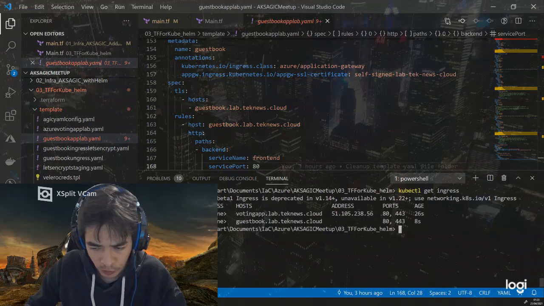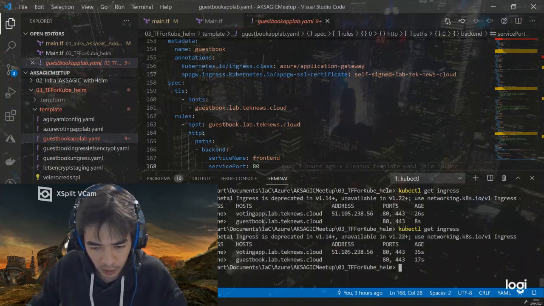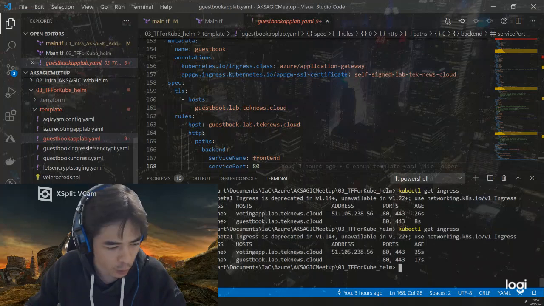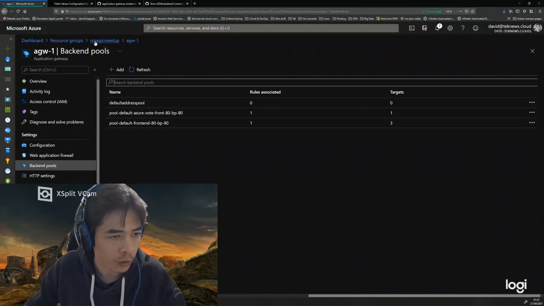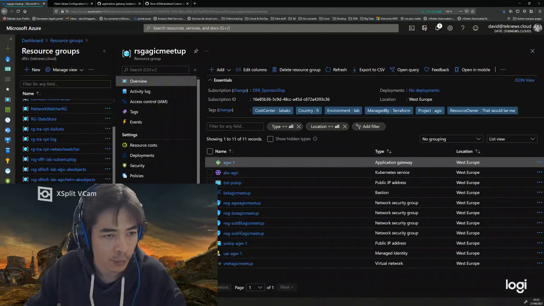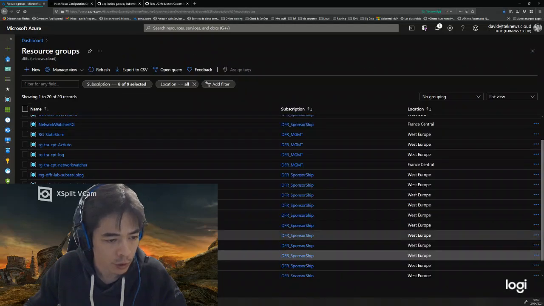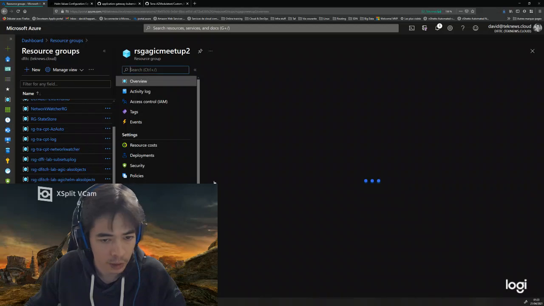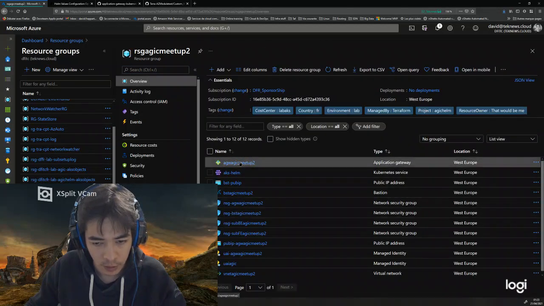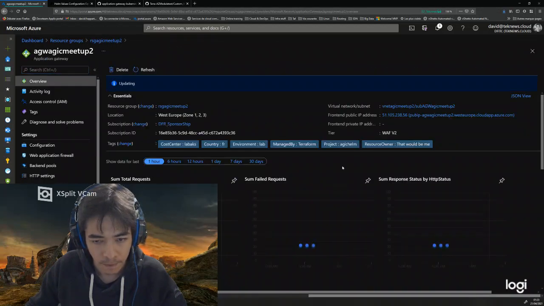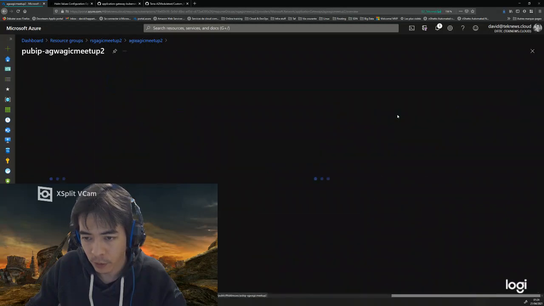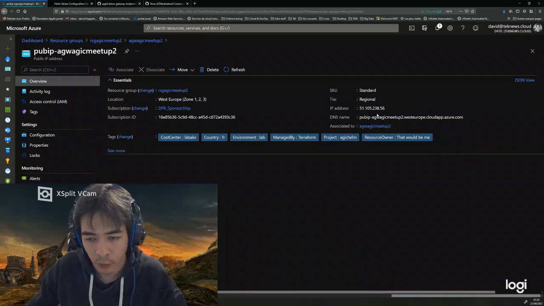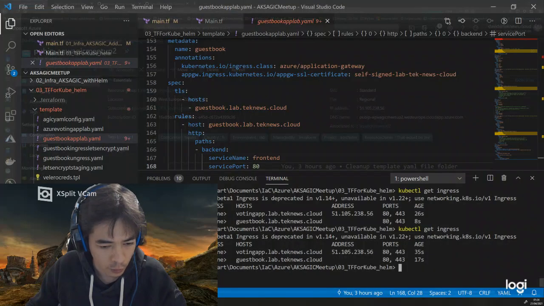Okay, while it's quite ready, the application has already a public IP address. The other one is not ready now. I might need to wait a little. Let's verify that this public IP is corresponding this time to my other Kubernetes cluster and its application gateway. So switching back over there, I have that here, over there. And as you can see, this time the 51.105.238. Let's switch back over there. Seems to be the same.